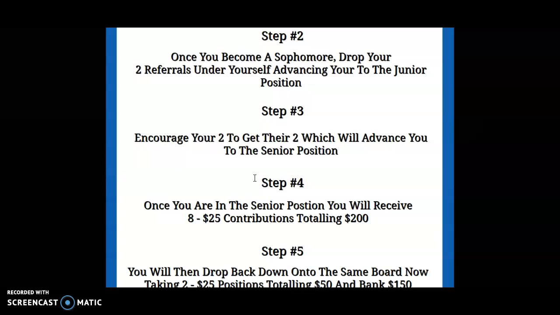Awesome. Now, once your 2 drop their 2 people in, you will be receiving 8 $25 contributions from straight across the board, because there are 8 slots at the bottom of that board when you're a senior. When you are a senior, there are 8 empty slots at the bottom of that board. Your 2 people's 2 will then begin to drop their people down and you will start receiving 8 $25 contributions